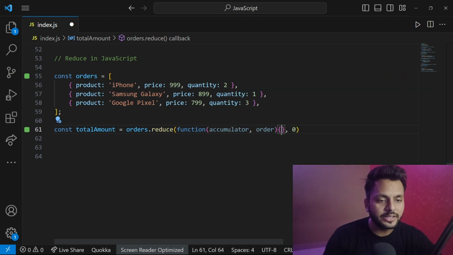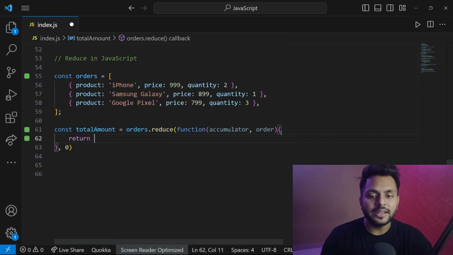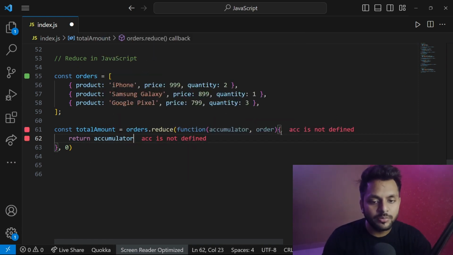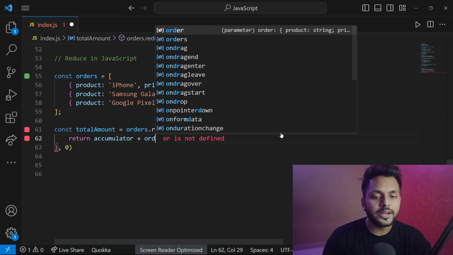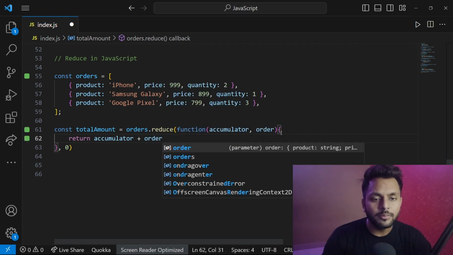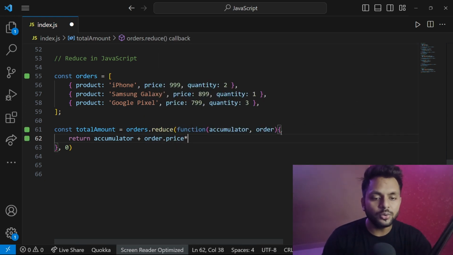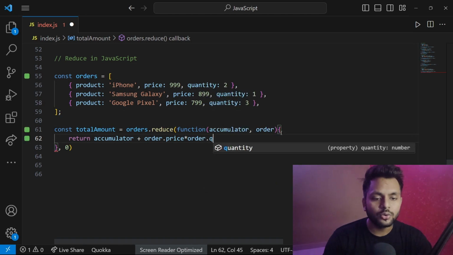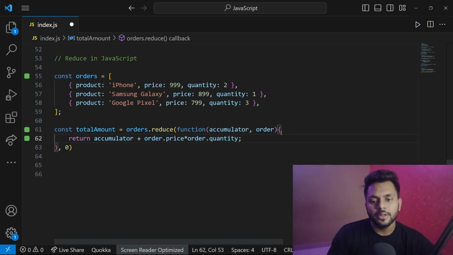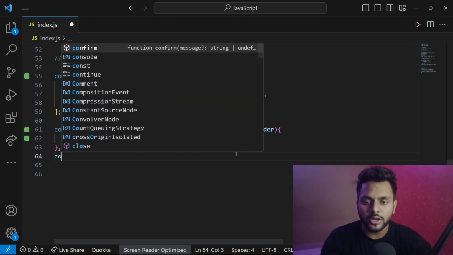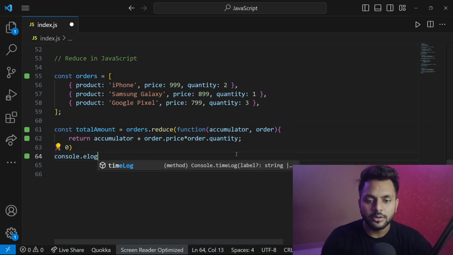And now let's return the final value. So what will be the final value? The final value will be the accumulator plus current order's price into order dot quantity. And now let's try to console it. console.log